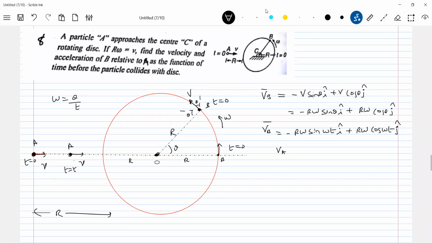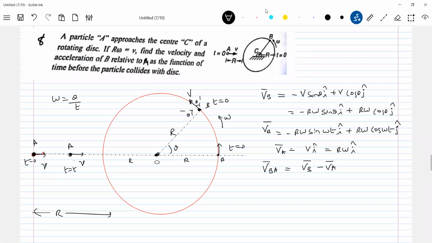Velocity of particle A is how much? It is just equal to V I cap, or R omega I cap. What is the question asked? Velocity of B with respect to A. So VB bar minus VA bar. You can come up with some relative angular velocity, but nothing to do with that one. Sir, one particle is moving in a circular path, the other is moving somewhere in a plane. Can you find the relative velocity? Just the same old definition: velocity of B with respect to A is VB bar minus VA bar.